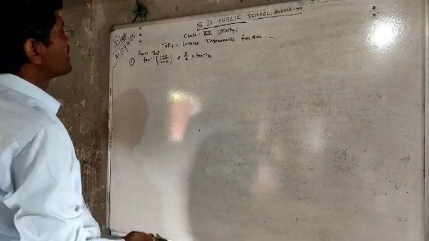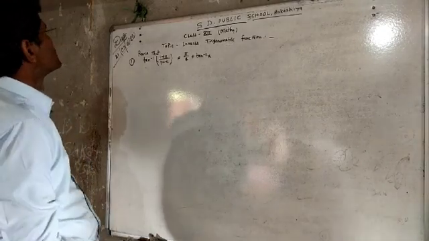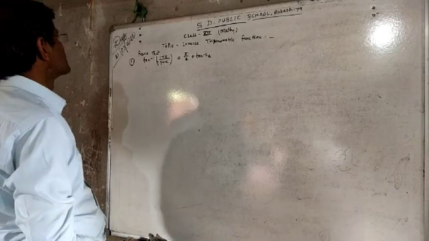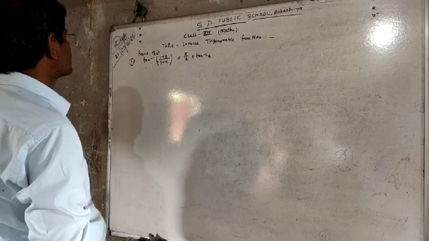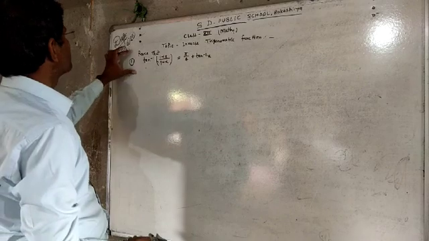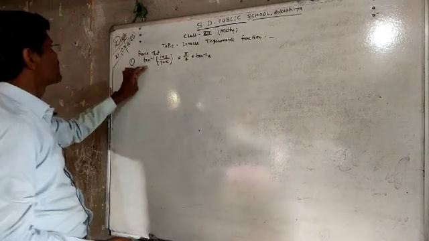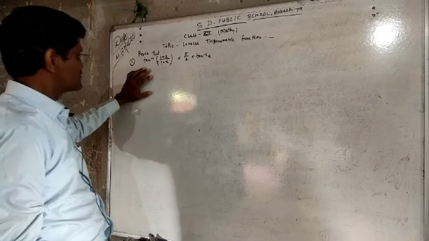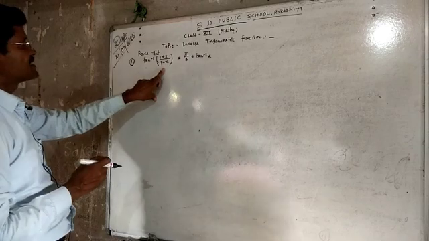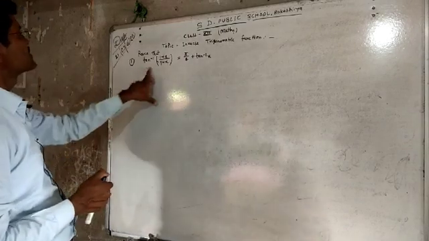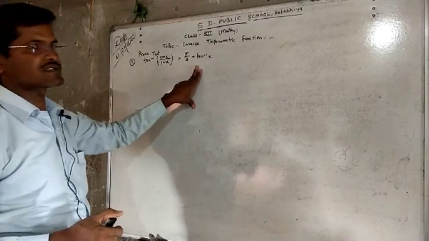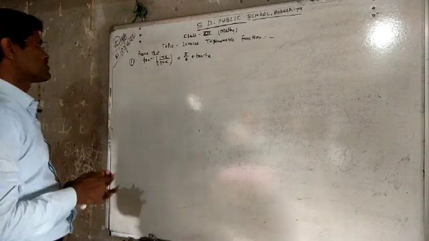Now I am going to teach you some problems about inverse trigonometric function. We have seen in the previous video some problems based on inverse trigonometric function. Some more problems are discussed at this time for the inverse trigonometric function. Here, the first problem is given: tan inverse (1 plus x upon 1 minus x) is equal to pi by 4 plus tan inverse x. We have to prove that.